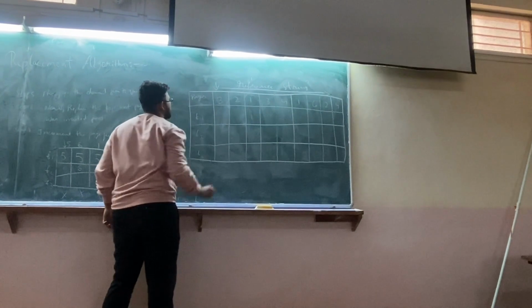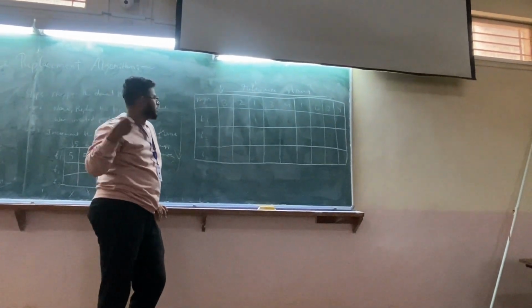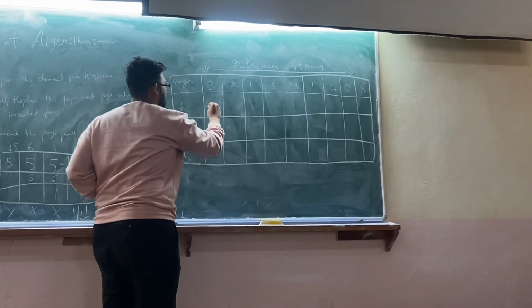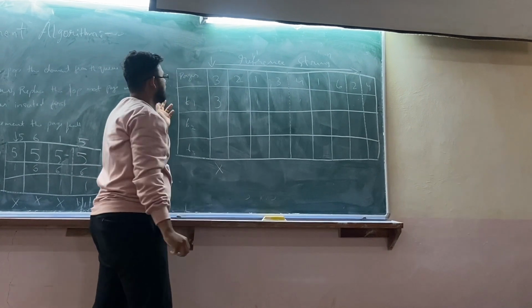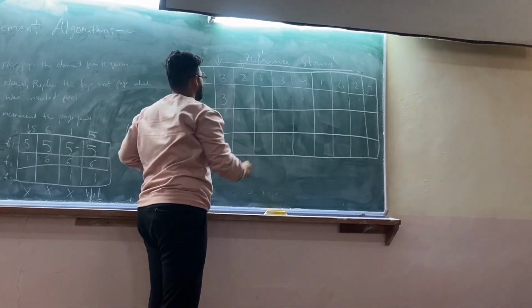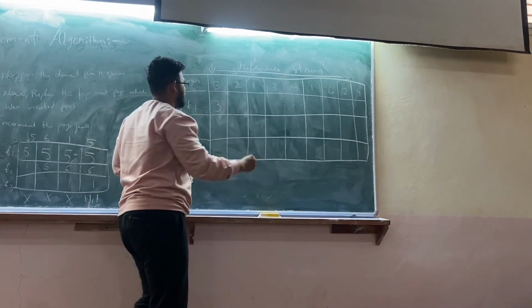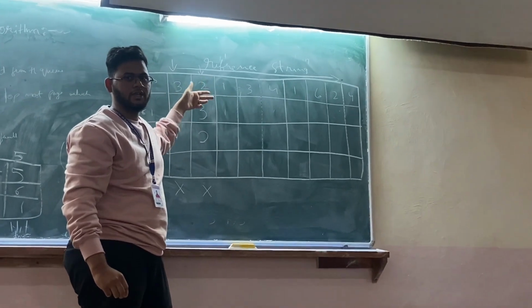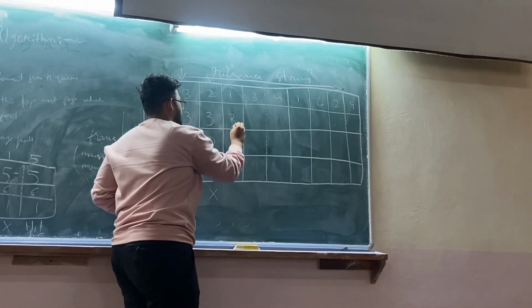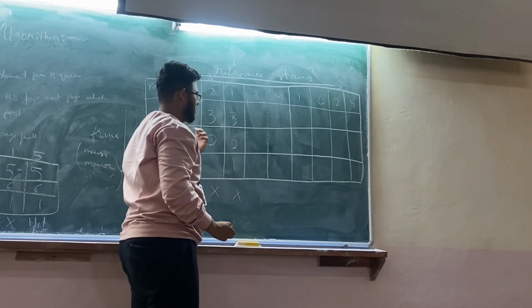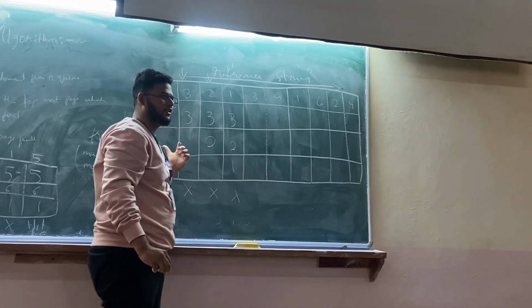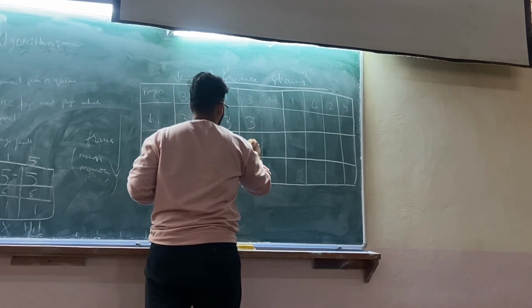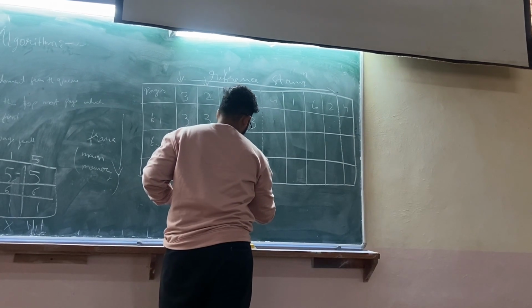Now page 3 enters. As per the algorithm, it is not present in the frame, so it becomes a fault, but we have to insert it. Now page 2 enters here. Is it present in the frames? No, so it becomes a fault, we have to enter it. Now 1 comes. Is 1 present in the frames? No. So we have to enter it, but it is a fault because it is not present here. Now 3 comes. Is 3 present in the frames? Yes. So we have to do nothing as per step 4. So it becomes a hit.